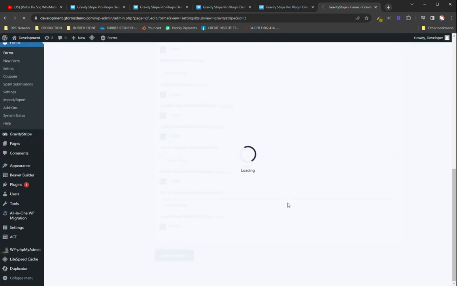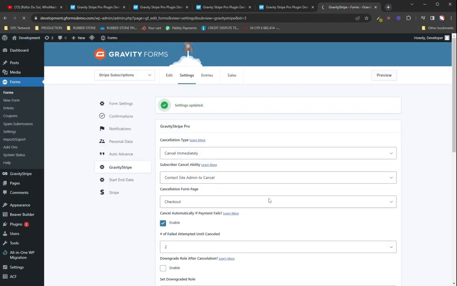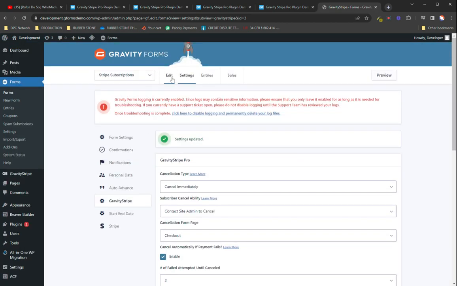Once I'm done with those settings, I'm going to save it, go into my page itself, and if you go over to GravityStripe, you'll see you have your subscriptions list here and your single transactions list. So as I said earlier, this does support single transactions of products as well as subscriptions. If I look at just my subscriptions,